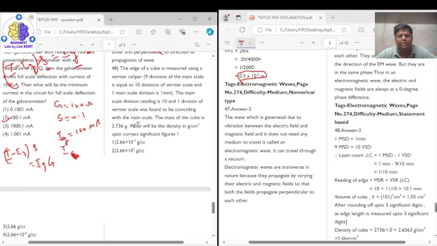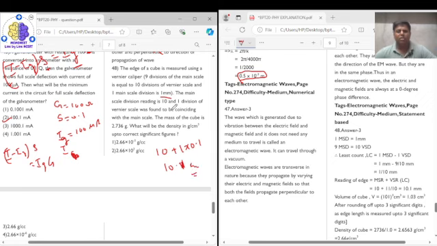Coming to question 48, it says that the edge of a cube is measured using a vernier caliper in which 9 divisions of the main scale equal 10 divisions on the vernier scale, and 1 main scale division equals 1 millimeter. So the least count will be equal to 0.1 millimeter. The main scale reading is 10, plus 1 division of the vernier scale was found to be coinciding with the main scale. The vernier scale reading is 1 into 0.1, so it will be 0.1. So the edge will be equal to 10.1